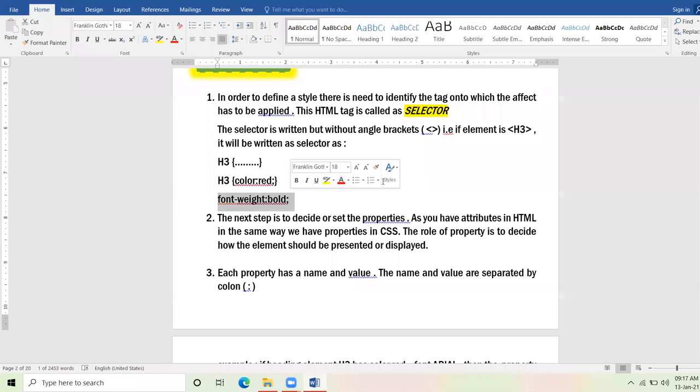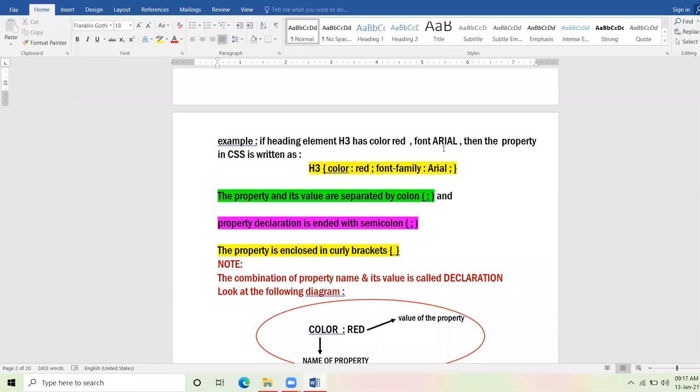So you can give multiple properties. You can apply multiple styles to one individual tag. Like here, you can see I have applied color red to the heading element H3. Then I have taken the Arial font for H3.